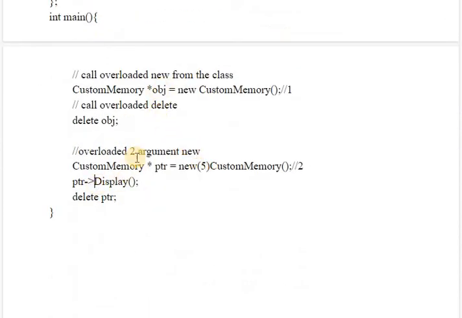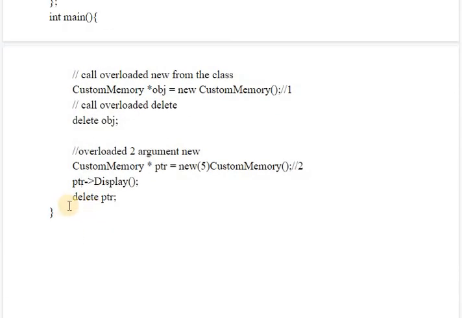The ptr display function simply displays what ptr contains and what ptr is pointing to. So we have called this function. This is the arrow operator to call functions using a pointer. So this type of method is always used. Okay, so this was all about new and delete operator overloading. Their basic functionality never changes. They will obviously allocate memory dynamically. The word dynamic here says that memory will always be allocated from the heap section of memory. So new and delete operators work in a similar manner as constructors and destructors do.